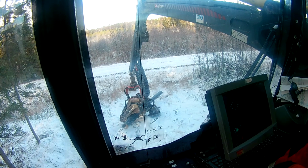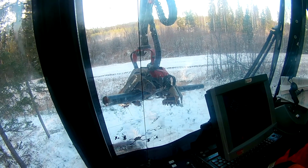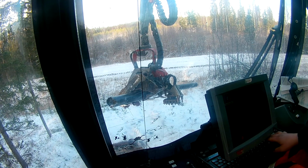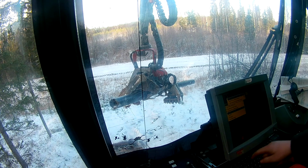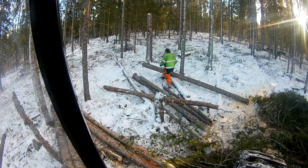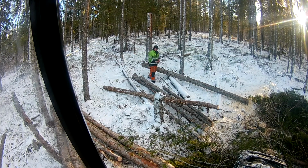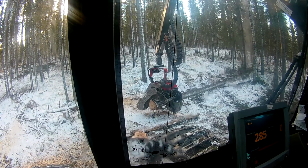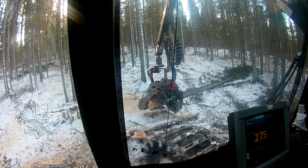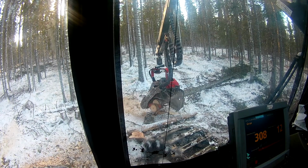I do test measure every now and then. I have these plastic pipes that I have a known size on and can do a test, and it maybe shows a millimeter off on the diameter, but it's close enough that I will not change anything. I also step out and measure especially the length more often than the machine calls for, just to feel confident about it, and the length has been really accurate lately, so